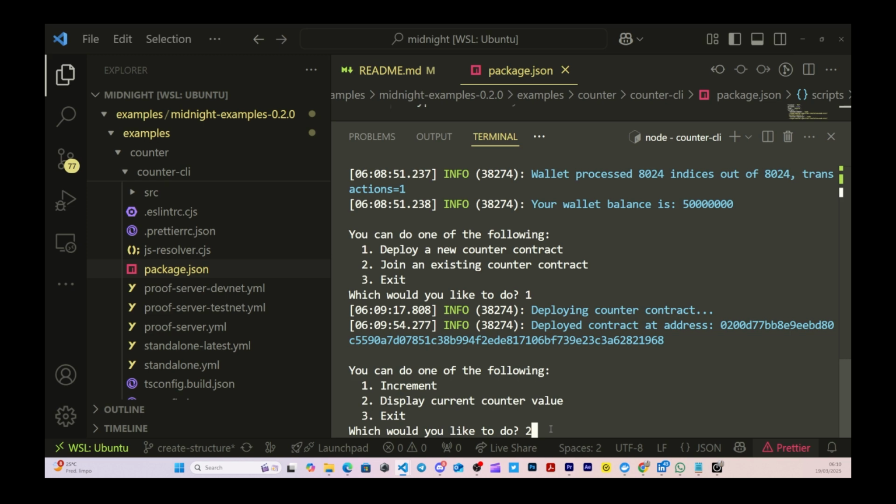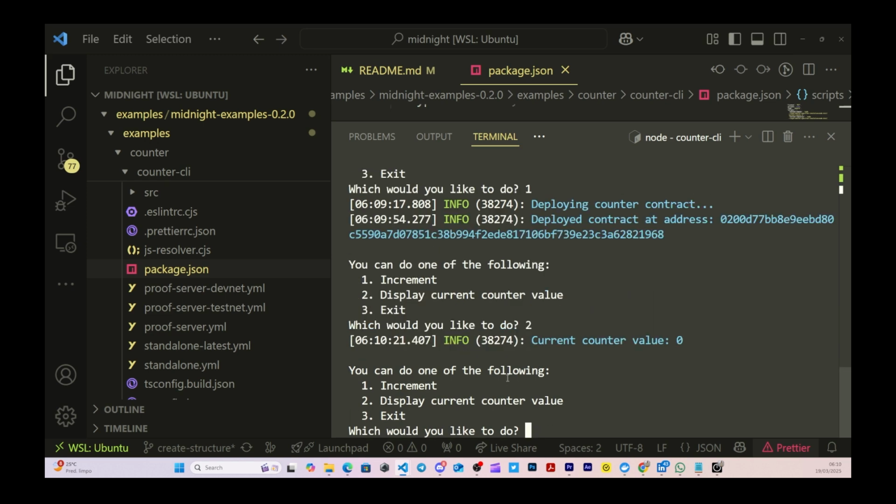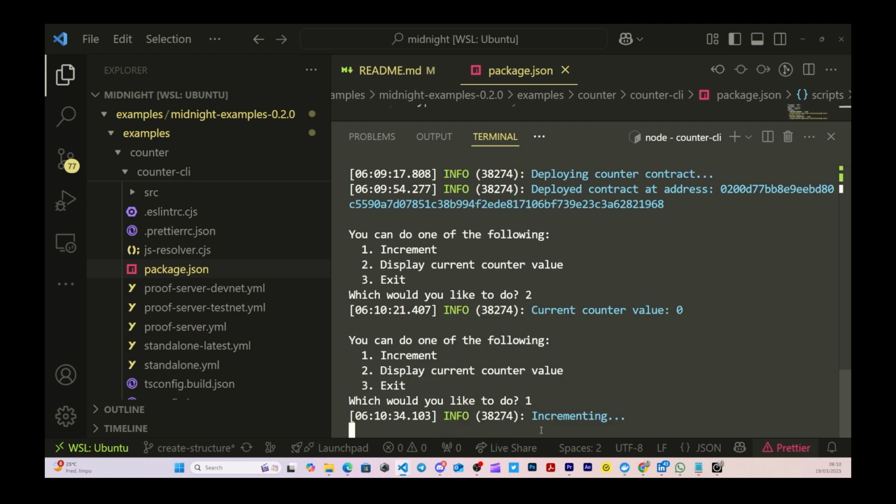So let's see the current value of the counter by pressing option 2. We can see that the counter value is 0. So if we run option number 1, we're actually going to run a circuit that increments that value. So if we choose option number 1,